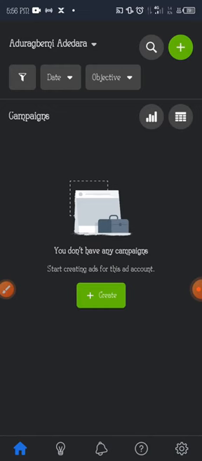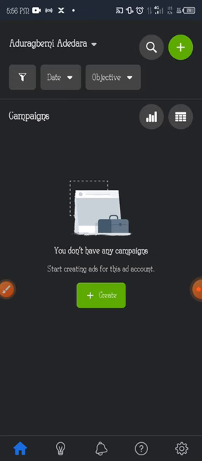Now when you open the MetaAd app, this is not the first page you will see. You're going to see a page where you will input your email and your password. The email that you're going to use must be the email that is already linked with your Facebook account. So if you put in the correct details, it's going to bring you to this page. But if you don't, you'll be seeing things like invalid username or invalid password. So you have to provide the correct email and password to avoid your account from being